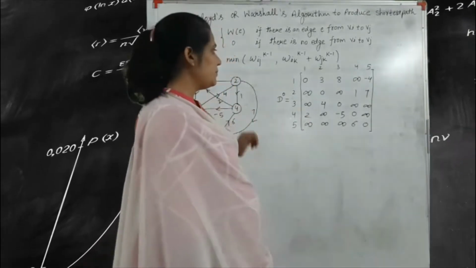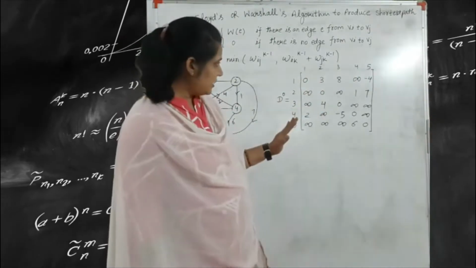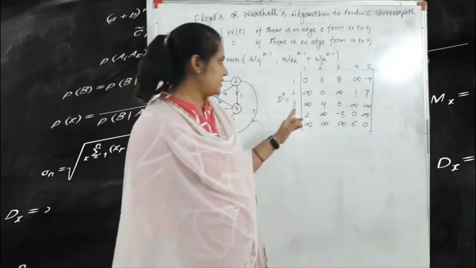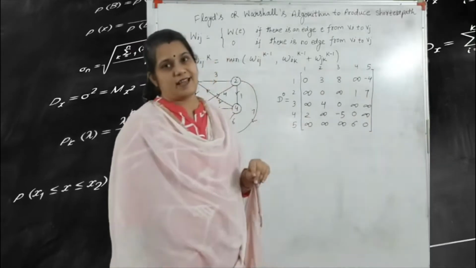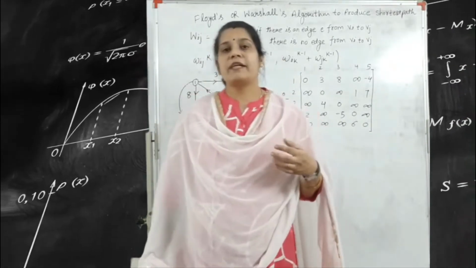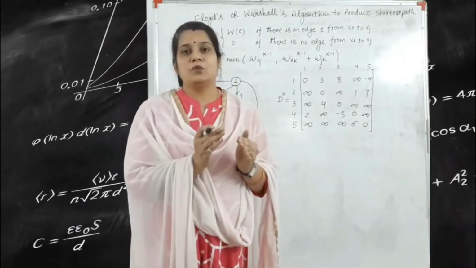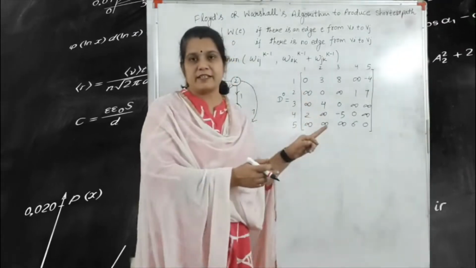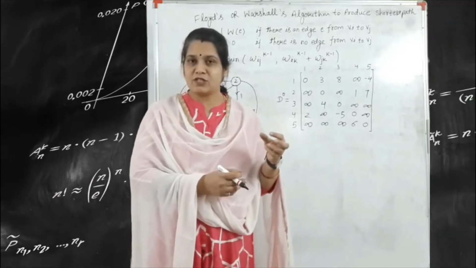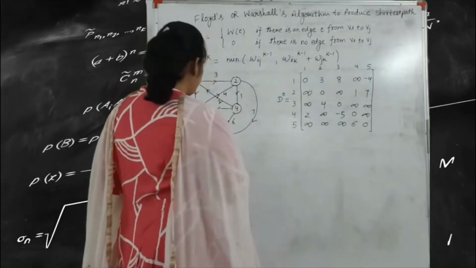After that, we work according to this matrix. See here carefully: the maximum distance, or the weight we select, we write as the infinity sign. With the help of the Floyd-Warshall algorithm for finding the shortest path, we find the values in place of the infinities. Next, we find D1.